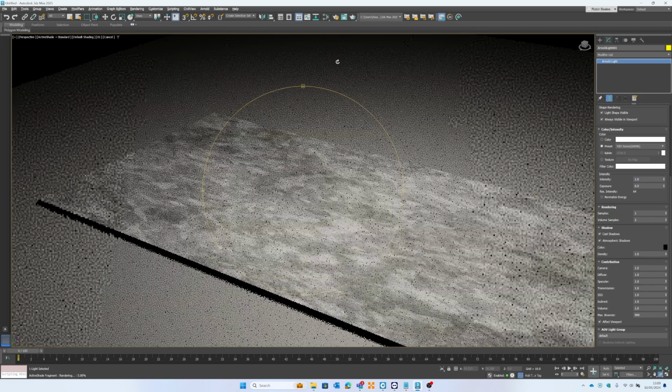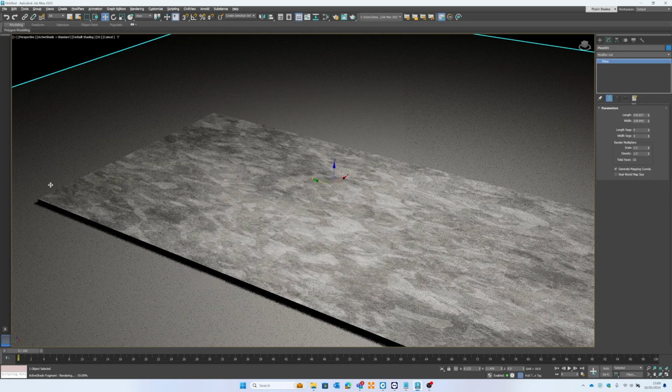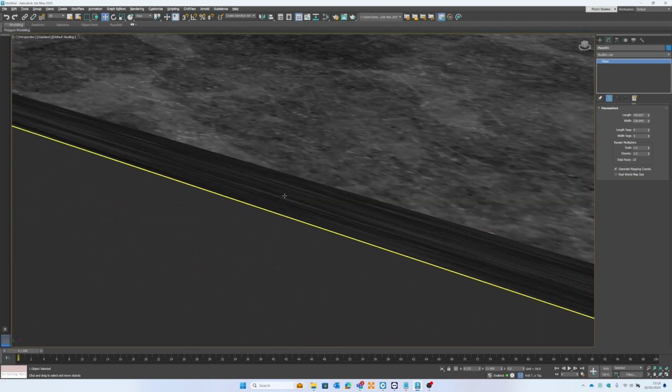The next thing we need to do for the material is make sure that it scales properly or maps properly around the component. Because on the top face, this is looking really, really nice. But if I go back to a non-active shade view, it's just computing that render in the background. So let me just wait for it to finish. There we go. So if I just go back to a shaded view and look at the side,